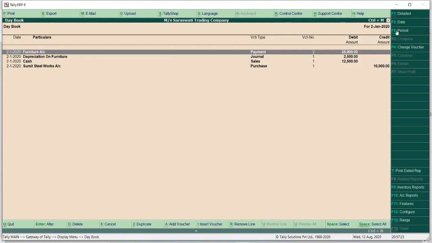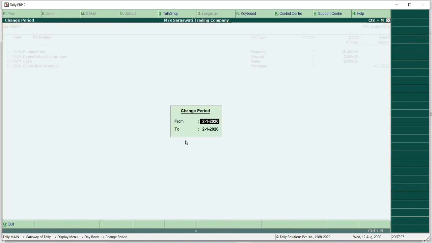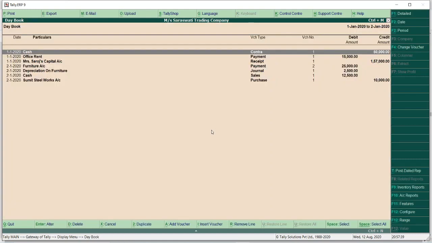You can press Alt F2 or you can simply press this button, and I will say here 1st January 2020 to 2nd January 2020, all the transactions, please show me all these transactions. So now you can see here 7 transactions or 7 voucher entries are successfully created.